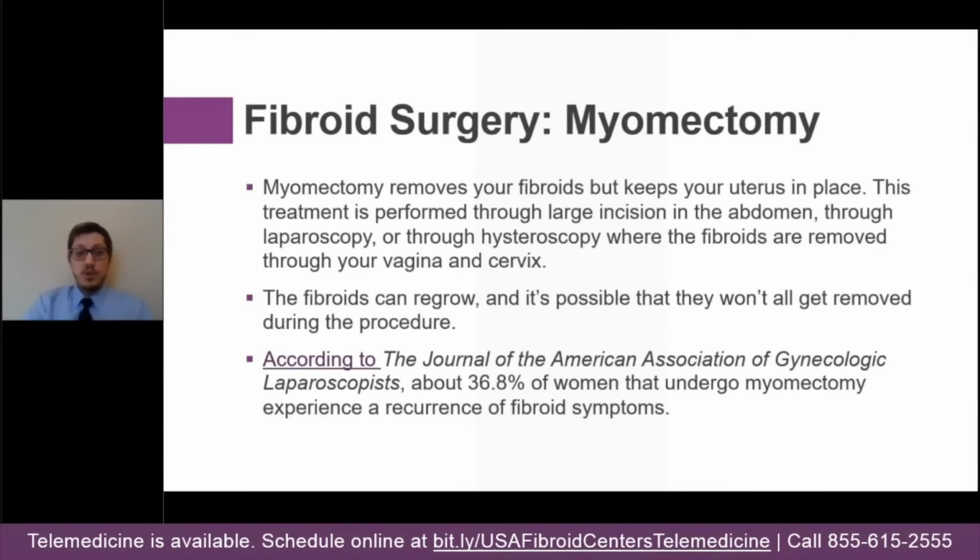Sometimes it's 5, 10, 20, or even more. And that can cause an issue because with myomectomy, we don't like cutting into the uterus over and over again. That creates a lot of scarring. It's a very long surgery. There can be some blood loss associated with it. And so it's hard to remove a lot of fibroids. You can imagine if there's one fibroid on the outside of the uterus, that's probably one that's easier to remove